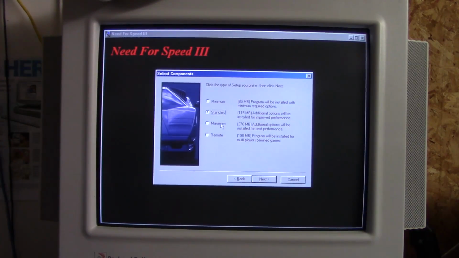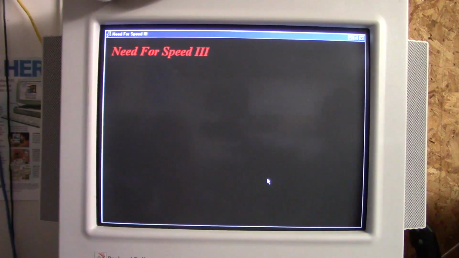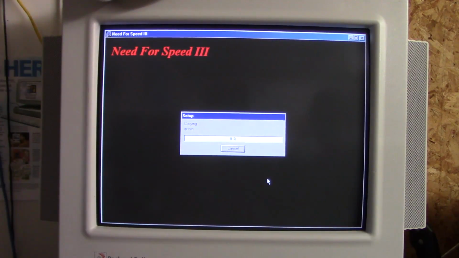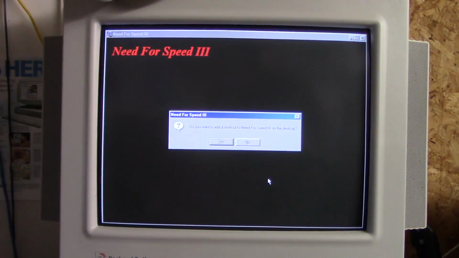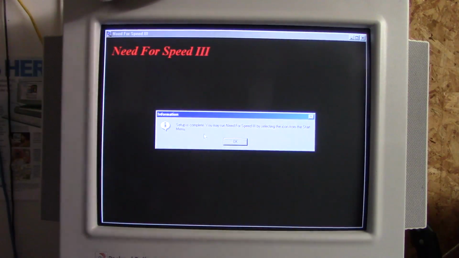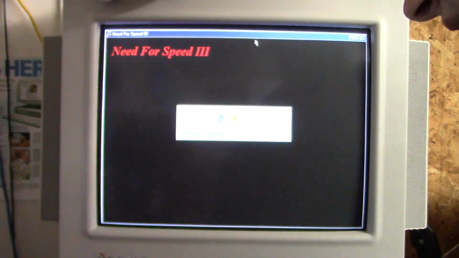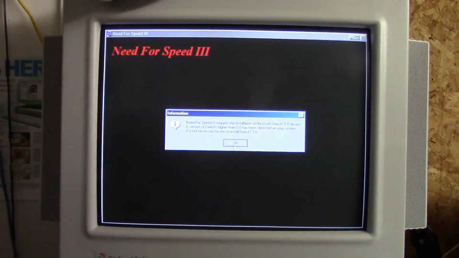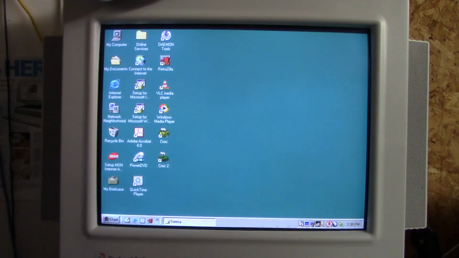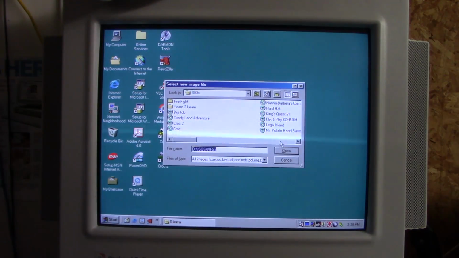Next, we'll give it the maximum because we want everything here. We've got the space to spare. But of course, this probably will take a little bit, so I'll pause the video. Okay, looks like Need for Speed is installed. Do not want to register. Do not want to register. And so on to the next game, which is